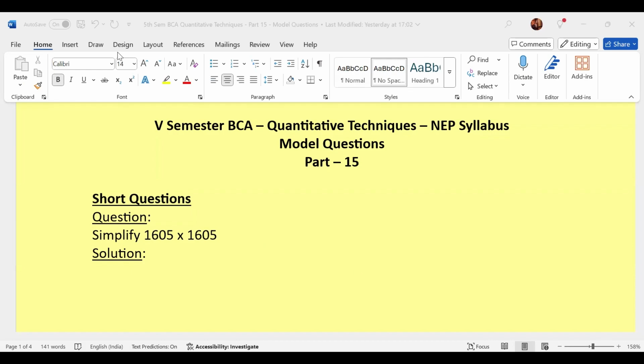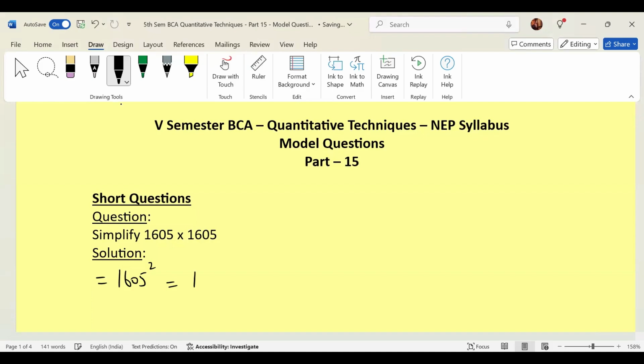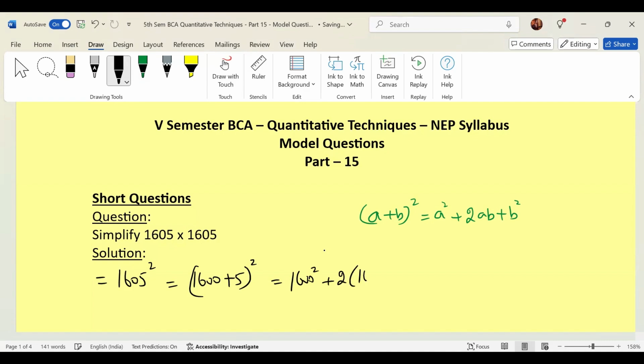So we can write this as 1605 the square. That can be split as 1600 plus 5 the whole square. So this is similar to (a plus b) the whole square, and that is a square plus 2ab plus b square. Applying that, we will have now 1600 the square plus 2 times 1600 into 5 plus b square, which